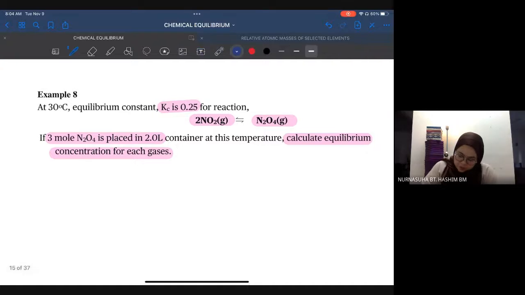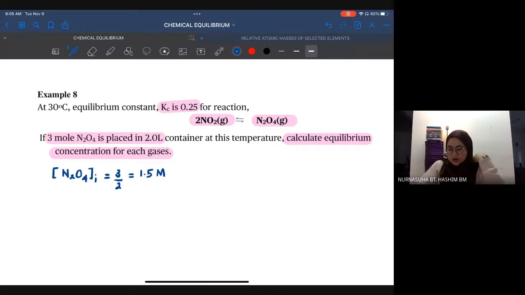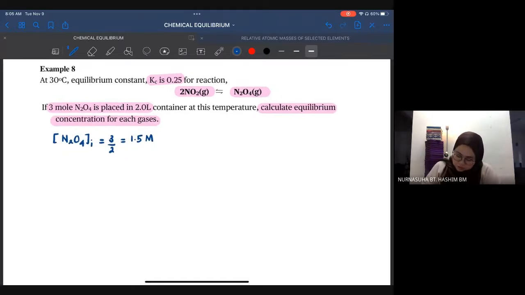But before you write the ice table, find out concentration N2O4 initial. Cari dulu initial concentration for N2O4, which is 3 divided by 2. You should get 1.5 molar. Biasanya Madam perasan kalau dia suruh cari concentration, nilai yang dia bagi sangat simple, bukannya nilai yang pelik-pelik lah. After that baru kita tulis,